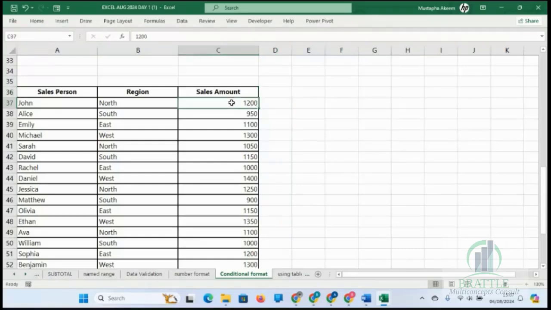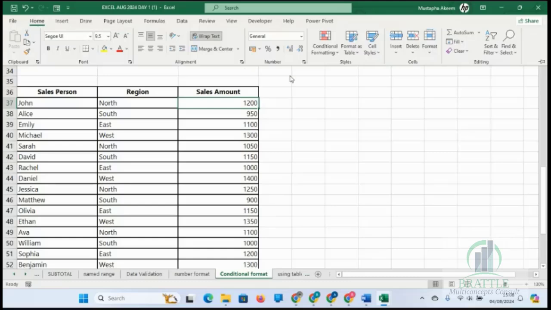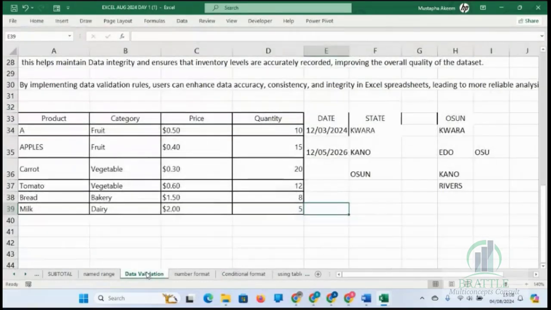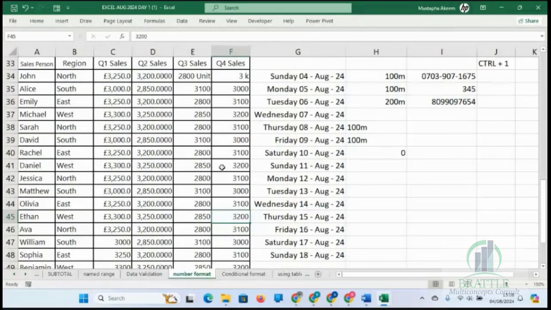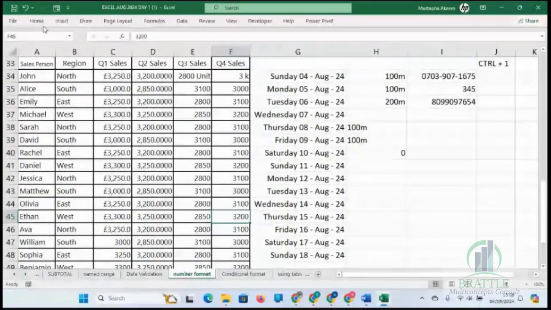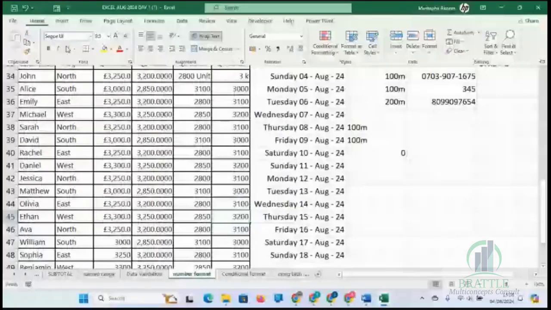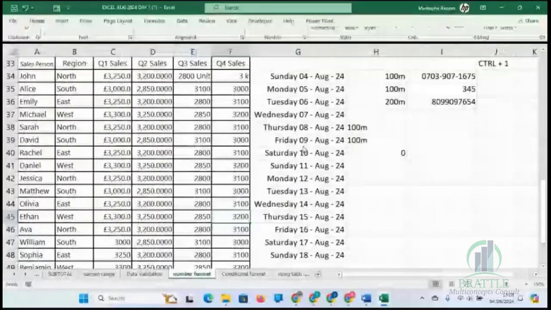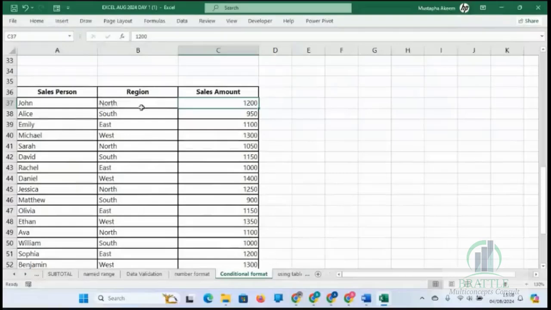Now, conditional formatting. Conditional formatting is found under the Home tab. Remember, we talked about formatting here already. We have formatted, and you can do font format. All those formatting can be done here. But what about conditional formatting? Sometimes you want Excel to identify some things for you, instead of you doing it by yourself manually. Now, I want to see all